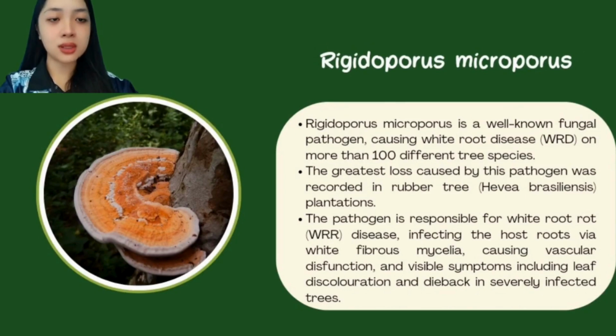Rigidoporus microporus is a well-known fungal pathogen causing white-root disease on more than 100 different tree species. The greatest loss caused by this pathogen was recorded in rubber tree plantation. This disease is one of the most detrimental diseases in rubber plantation in Indonesia, India, Malaysia, Sri Lanka, Thailand, West